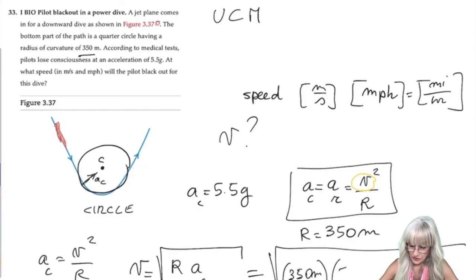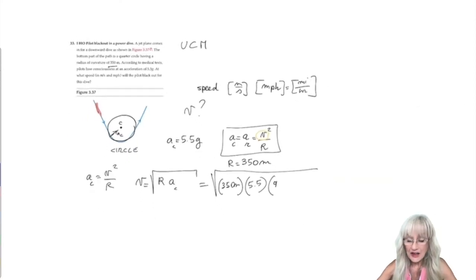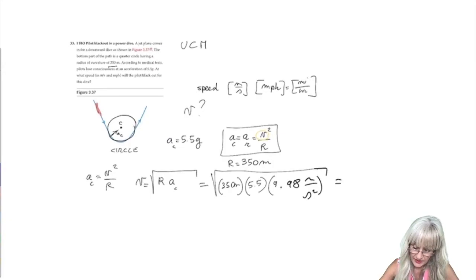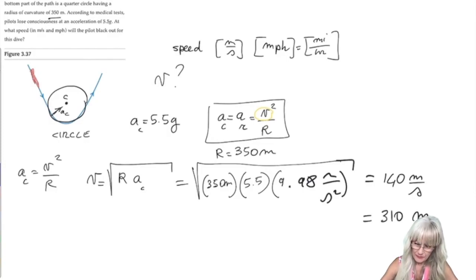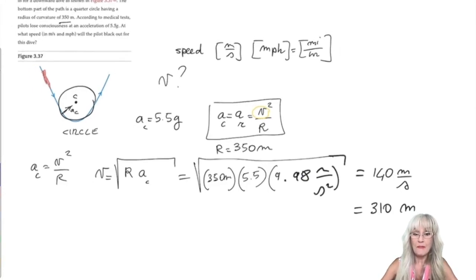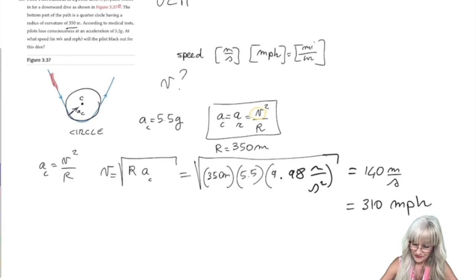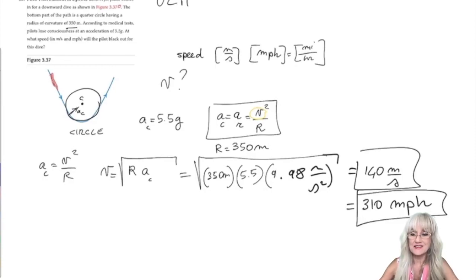Now the acceleration is 5.5 times g, which is, remember, a value of 9.80 meters over second squared. Now, if you do the math under the square root, you will obtain 140 meters per second, which corresponds to 310 miles per hour. Unbelievable. Both final and